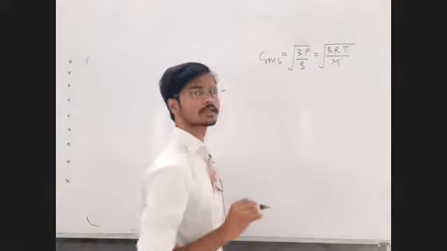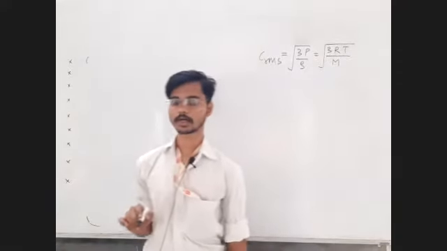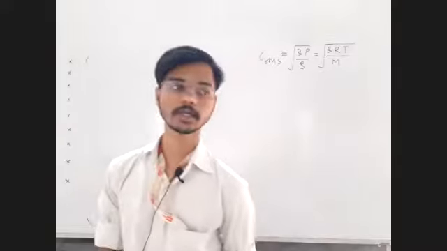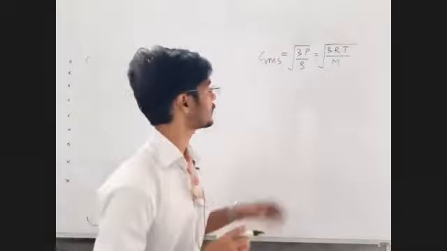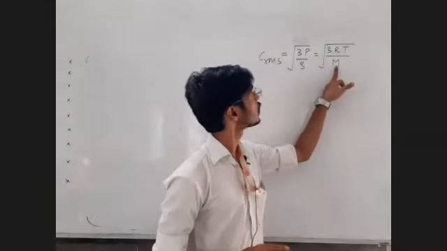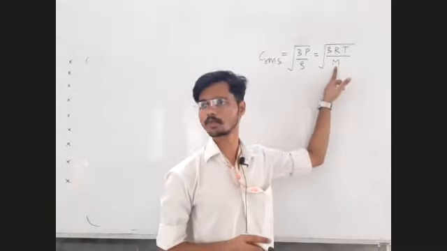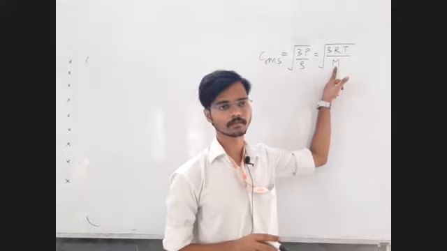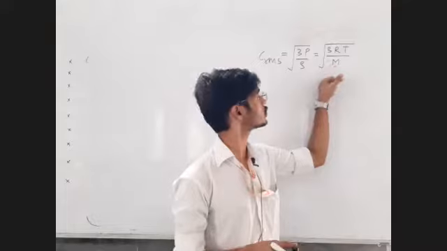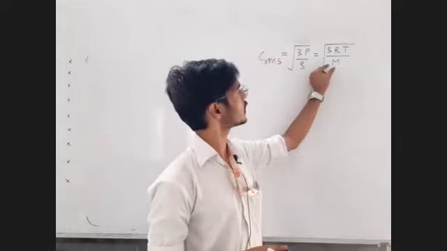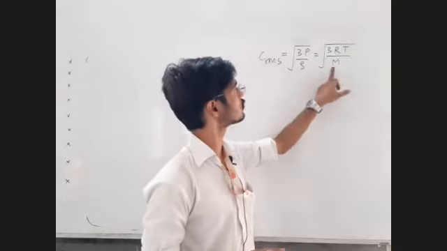Now let us try to write the answer in terms of mass of single molecule, small m. Capital M is molar mass. In 1 mole, how many molecules are there? Avogadro number of molecules are there. That many molecules collected together, what is their mass? That is called the molar mass.